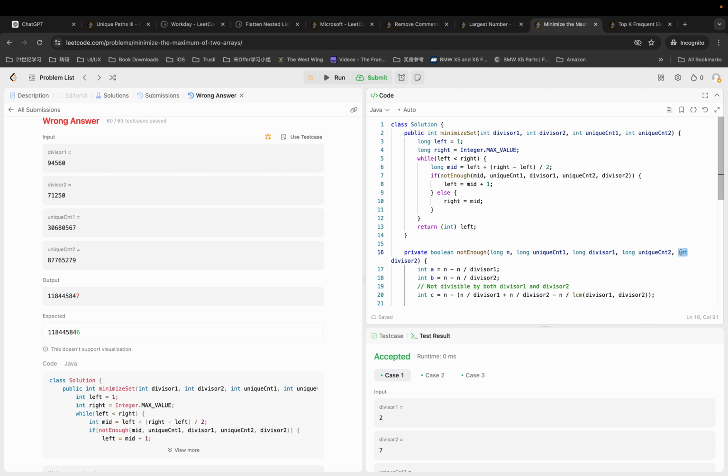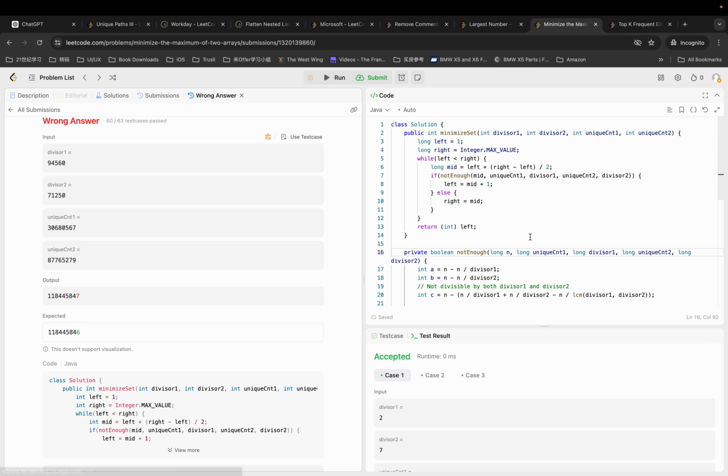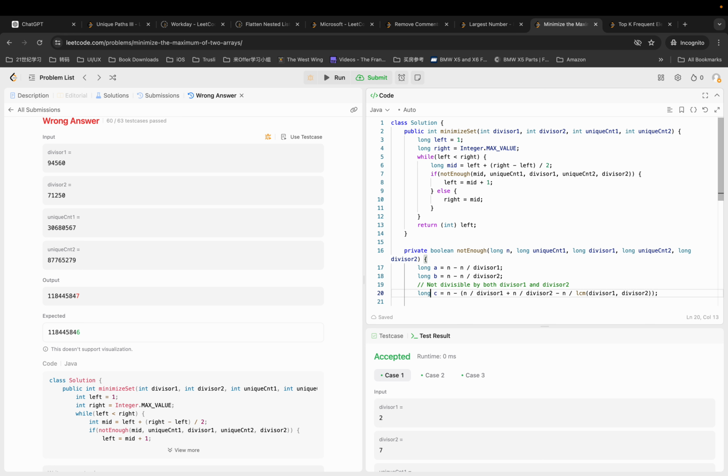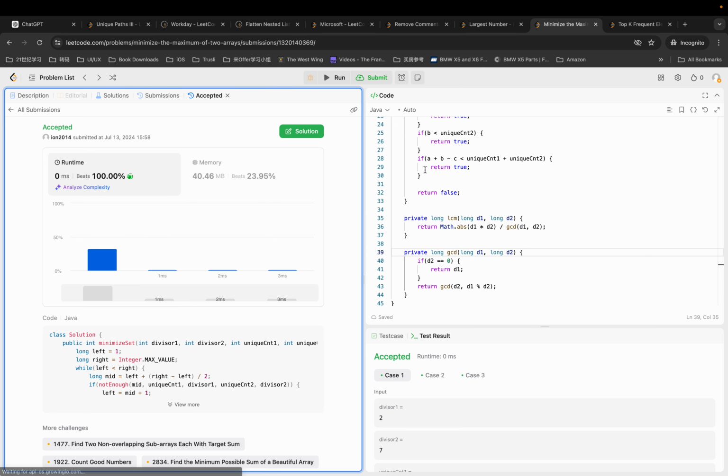Yeah, sometimes you have to take care of this. Let's see. Oh, 10 to the power of 9. So yeah, that should be it. And this is long as well. Okay. All right, and also this is long. So the logic is right, but it's just the implementation. You have to take care of the boundaries of either integer or long. Okay, let's see. Yeah, I think it